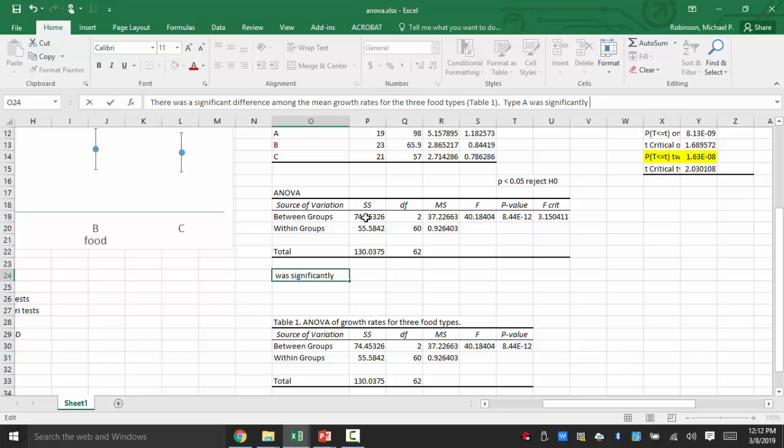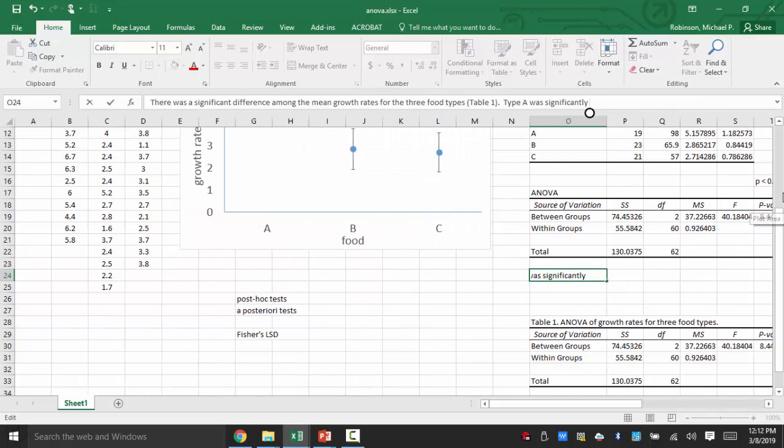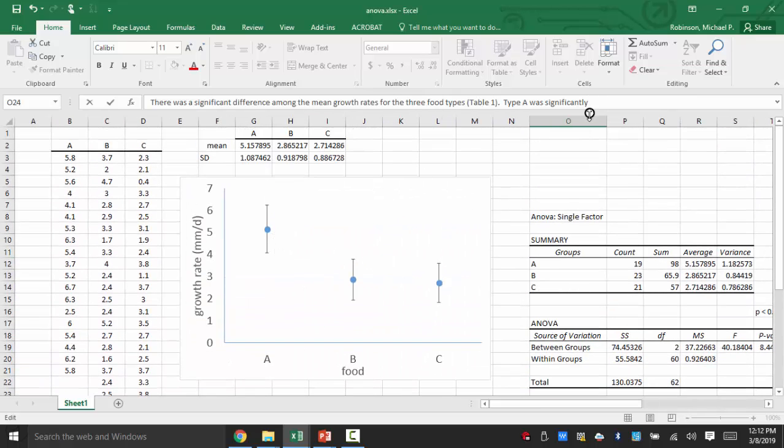Let's use some more information with the same number of words. Greater, or type A had significantly greater growth rates than B or C, and then you can do t-test,